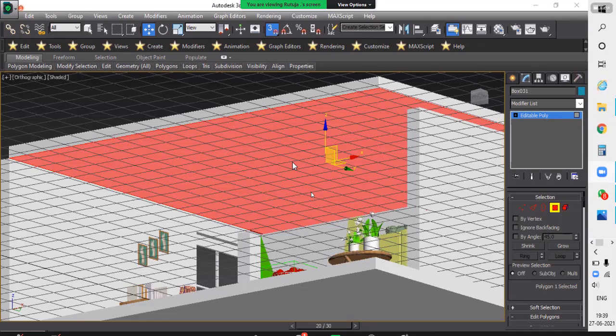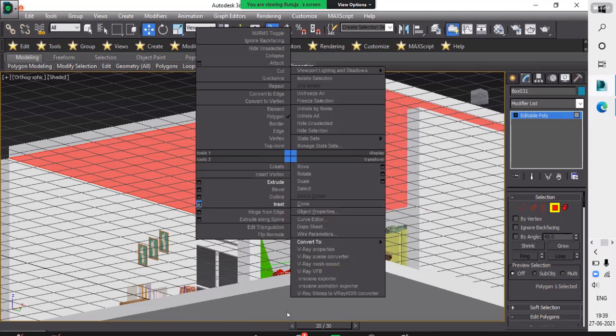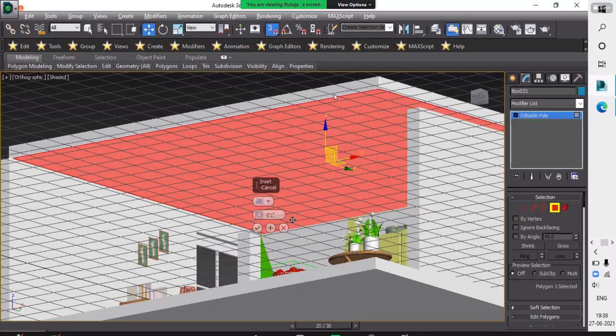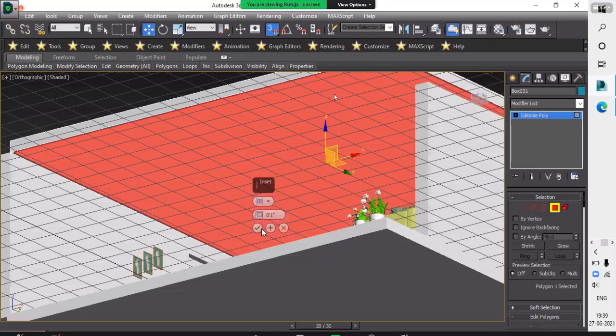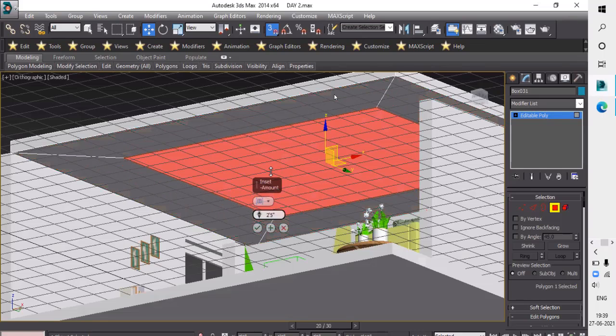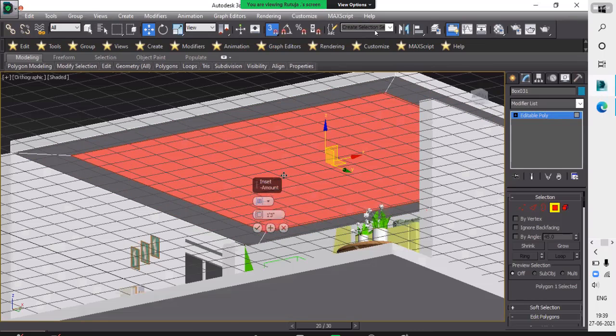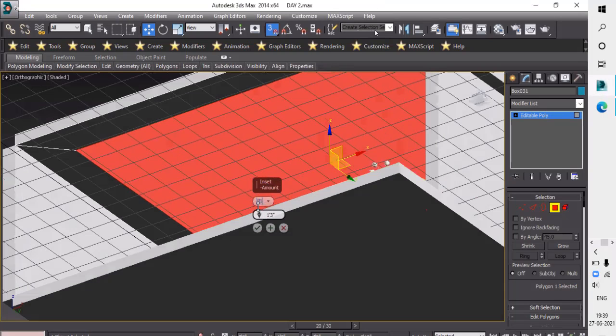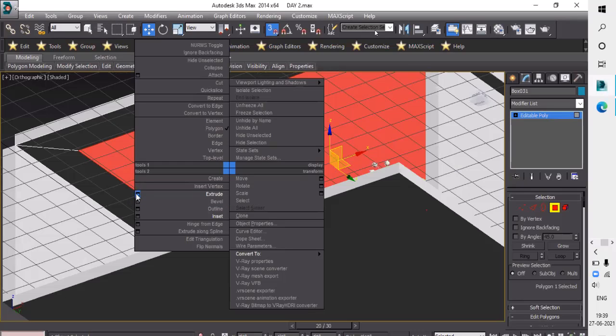So do inset, and when you do inset, what will happen there? Reduce the size. If you see there, I am reducing the size here. Yeah, that's enough. Tick on right and just extrude here.